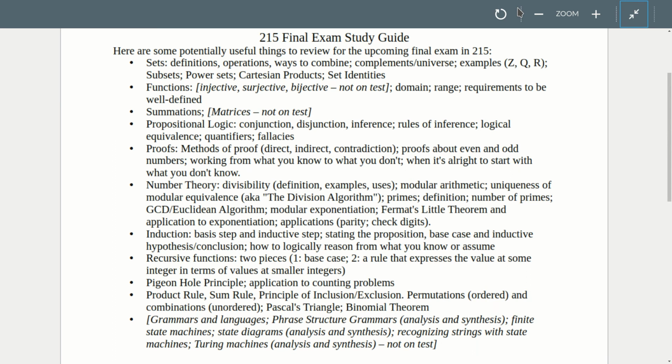All right, recursive functions we talked about in the beginning. Pigeonhole principle, so this is about counting problems, right? So n objects and n minus 1 containers. If you put each object into a container, there's at least one container with at least 2 things in it. That's the pigeonhole principle. But we use that to argue all sorts of things like